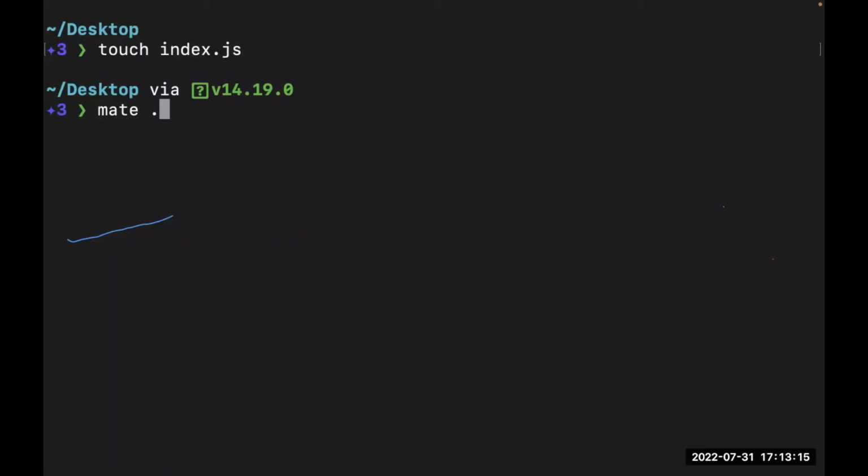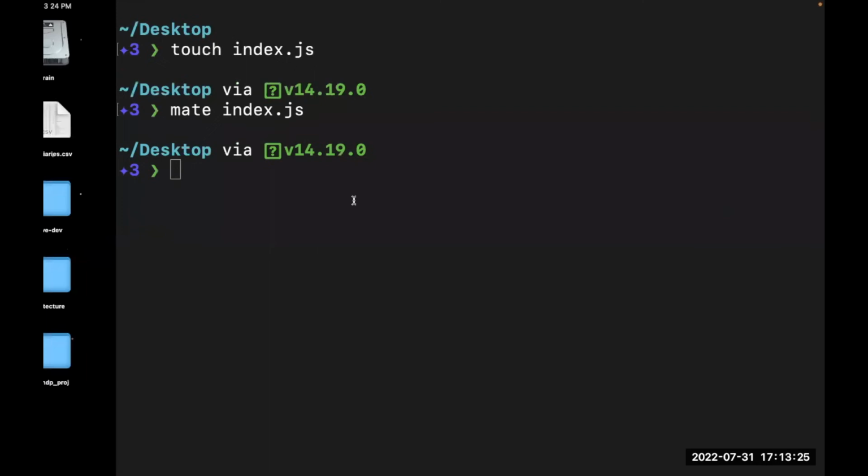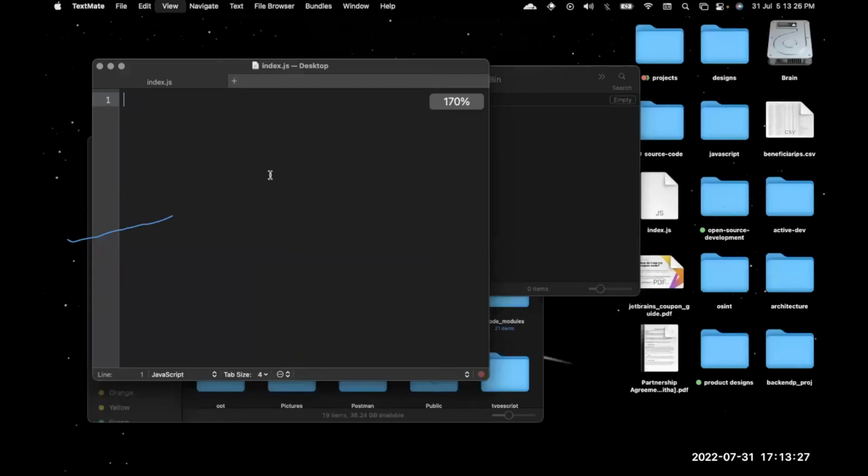I would also show you, as I said earlier, how to edit this file directly from the terminal. But for now, we've not gotten there on our list, so let's just use the mate tool, which is the text editor. I'm going to write a very simple function. So we're going to have a function greetHuman, right? So we have return hello world. All right, beautiful. So I'm going to save this, and I hope there's no mistake there.